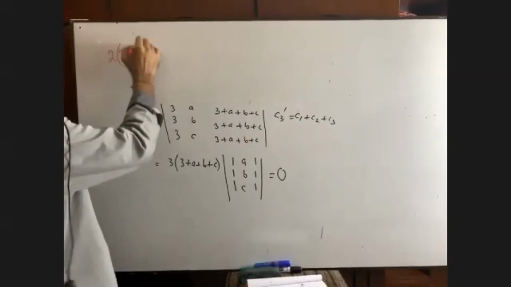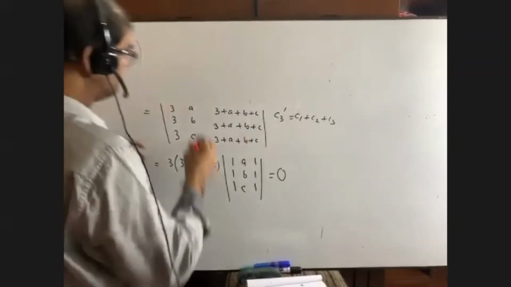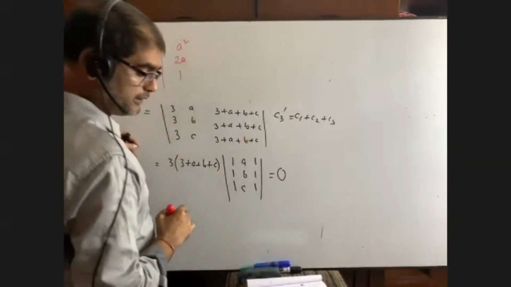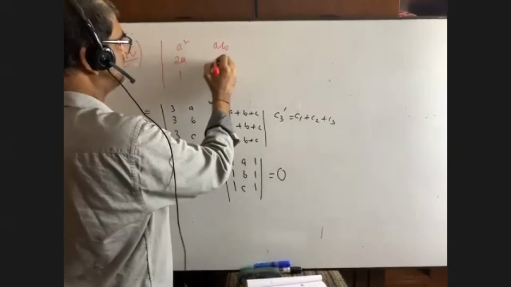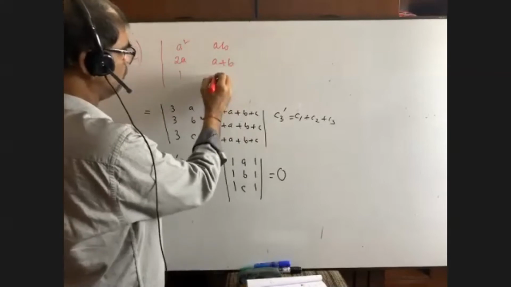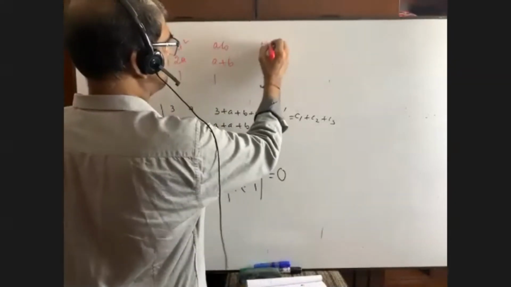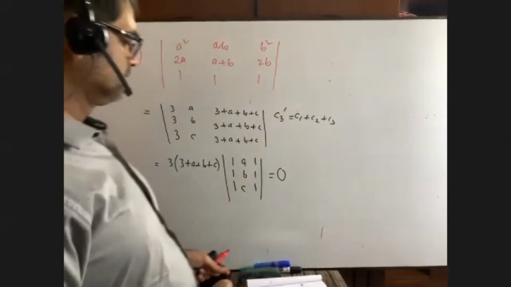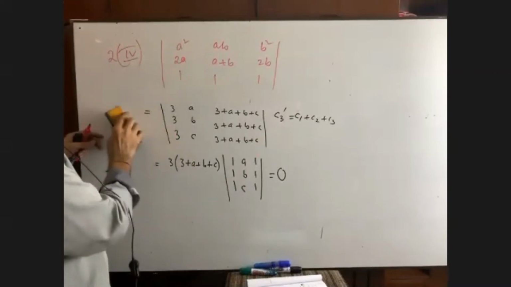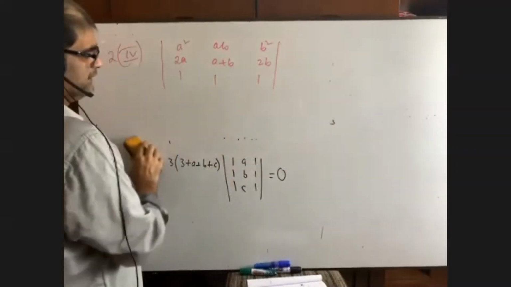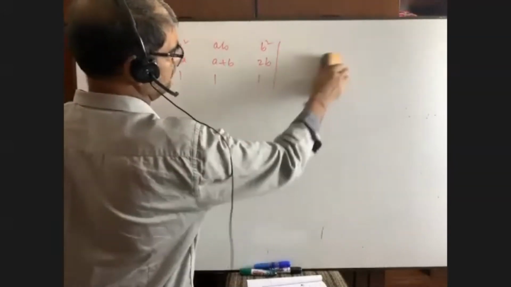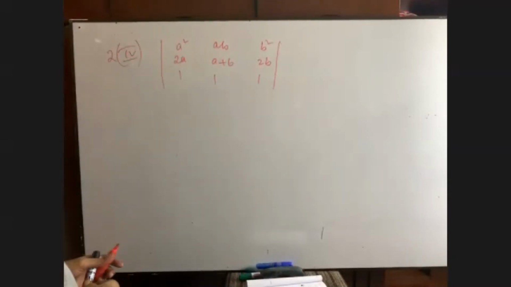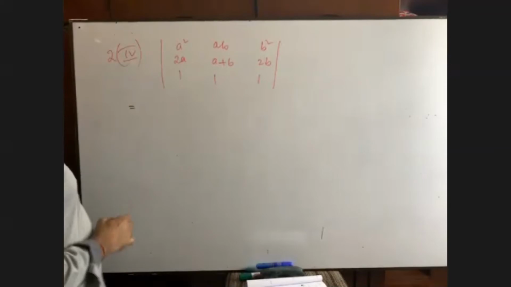Of 2. You see A square, 2A, 1, A square, 2A, 1, AB plus AB, A plus B, 1, then B square, 2B, 1. Perhaps you may be afraid of seeing this math. But my dear students, what I am telling from the very beginning day, can you please let me know? If we get 1, 1, 1, then we are lucky. Did I tell you? Yes sir, if we get 1, 1, 1, then we are lucky.